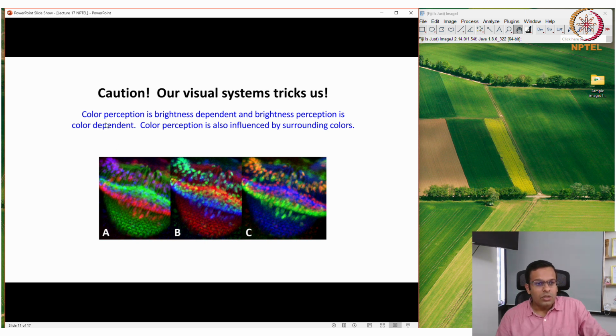Our color perception is brightness dependent, and brightness perception is color dependent. The color perception is also influenced by the surrounding colors.